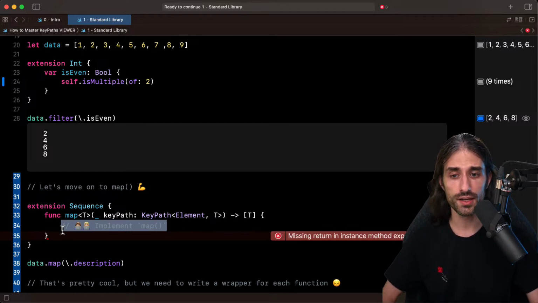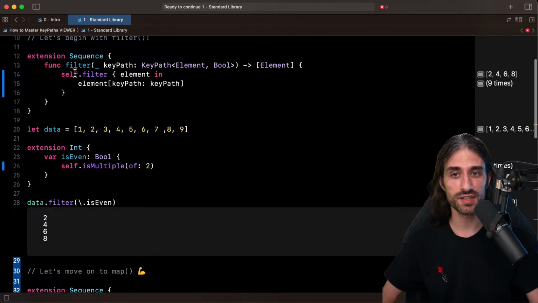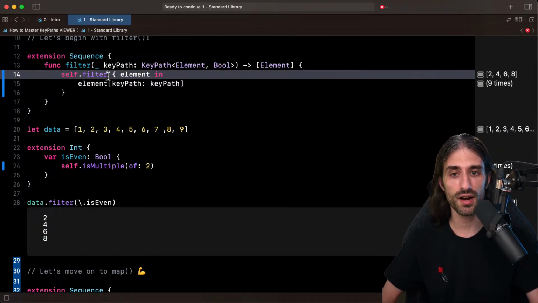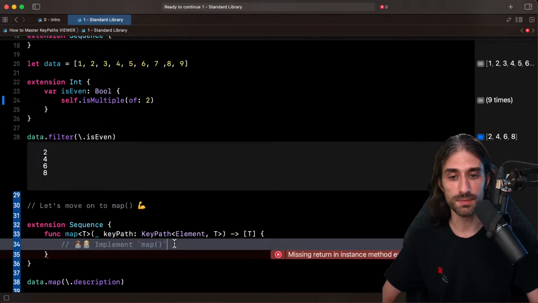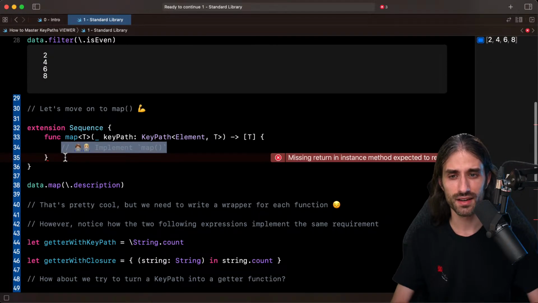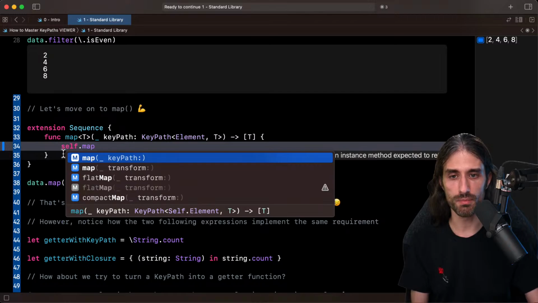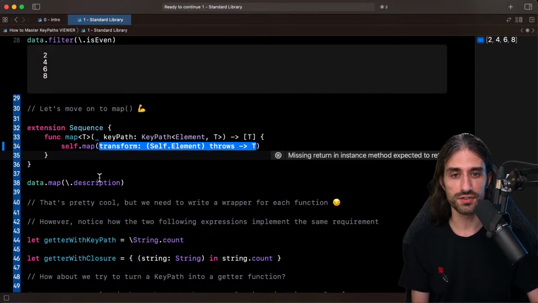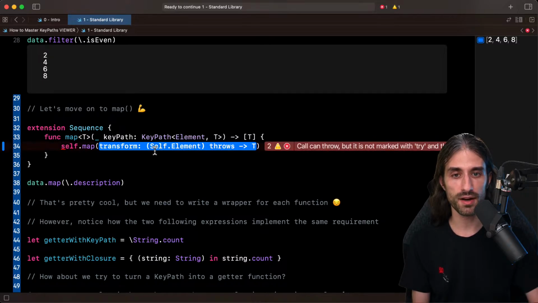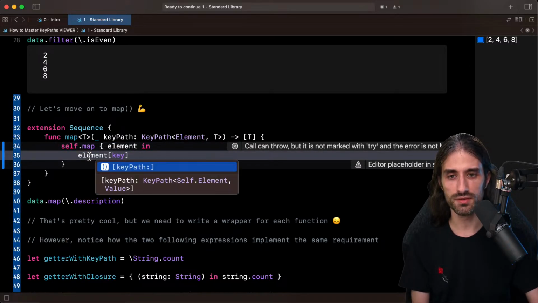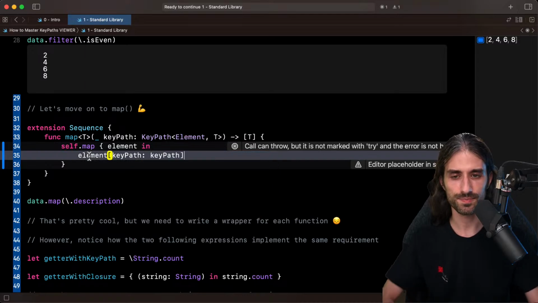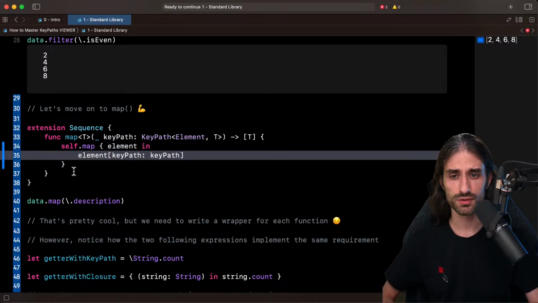For instance, here, how can you implement map? The strategy will be the same as to implement filter. So calling the underlying filter and in the closure invoking the key path. So let's do it again. So here on my sequence, I call map, the one that takes a closure. Once again, see this symmetry. The root of the key path is the argument of the closure. The return value of the closure is the value of the key path. And so, just like before, on my element, I'm going to invoke the key path like that. Okay, that looks pretty good.